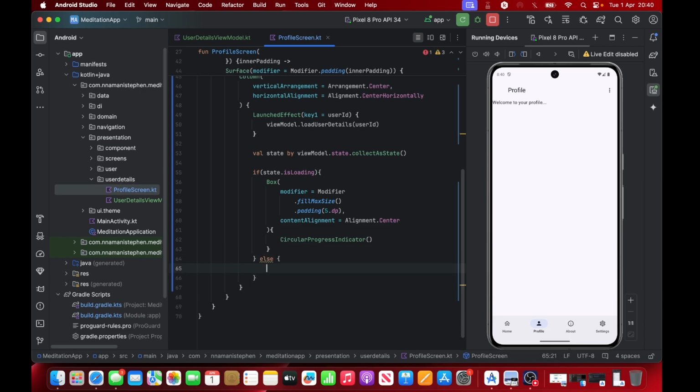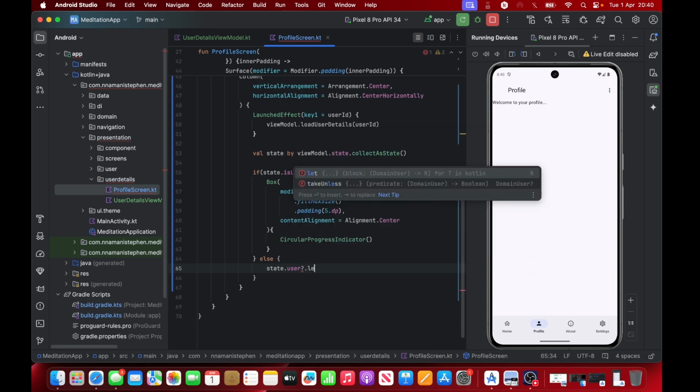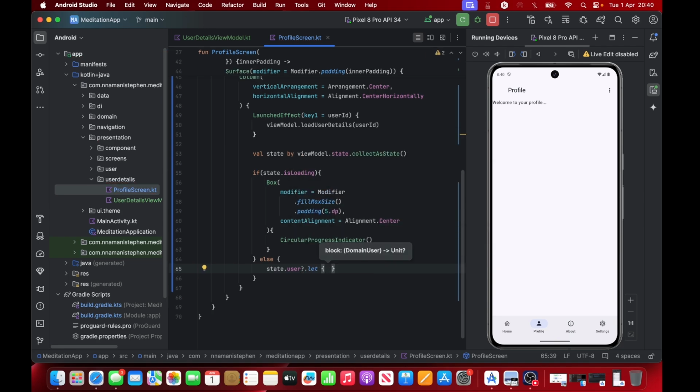So after that, then we'll say else. That's if the data was loaded immediately. So let's just display our data immediately without wasting time. Let user. So now we're going to use a column, because in this state, once this user is loaded, we want to load that funny picture of the professor. So that picture, we are going to set that in a column with the other part of the details under it. So here we're going to use a column,